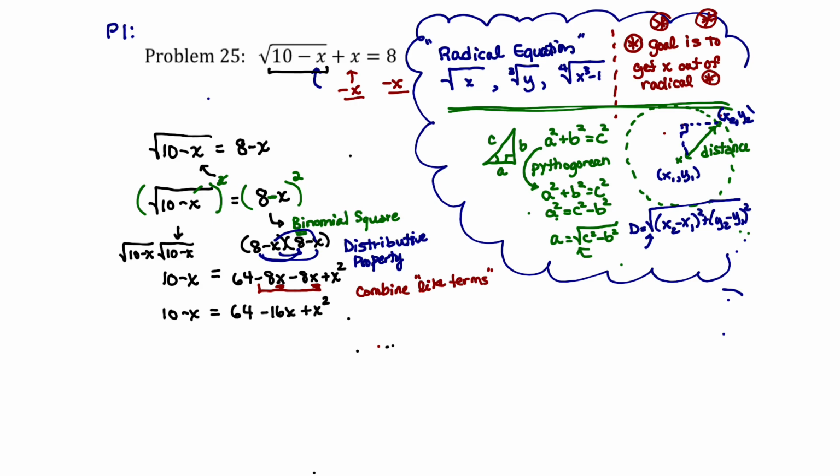Okay, stop and take a breather. Pat yourself on the back. We have gone through a big process and we are heading towards the finish line. We no longer have a radical equation. We've taken the x out of that radical, and we've resulted in a statement which actually looks very similar and in fact is a polynomial equation now, right? We have a polynomial equation. More specifically, we actually have a quadratic equation,